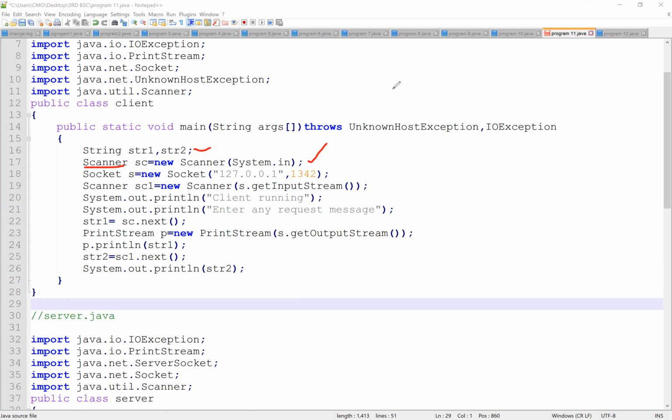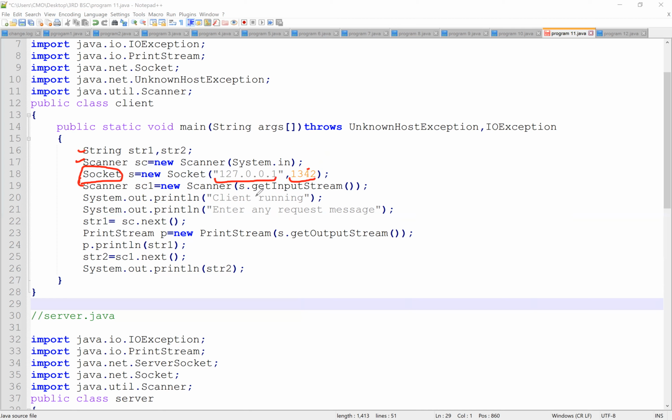Next we need to create a connection. For the purpose of creating a connection we use Socket. Don't get confused with the string and Scanner. Socket s is equal to new Socket, and this is our loopback address and this is our port address. Why are we using a loopback address?